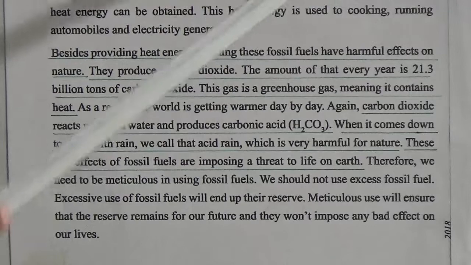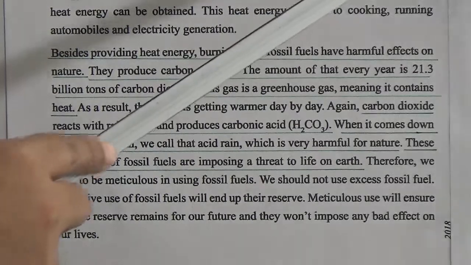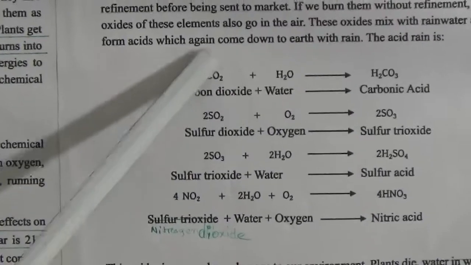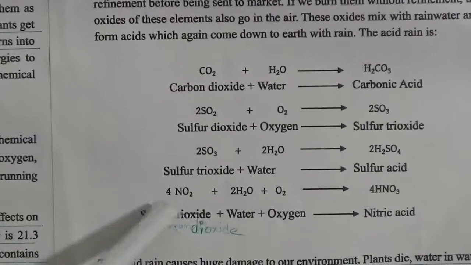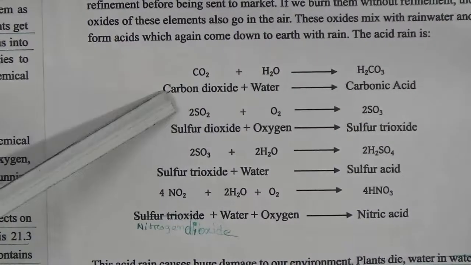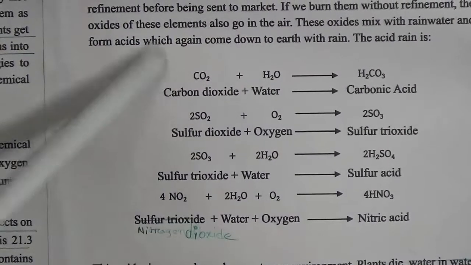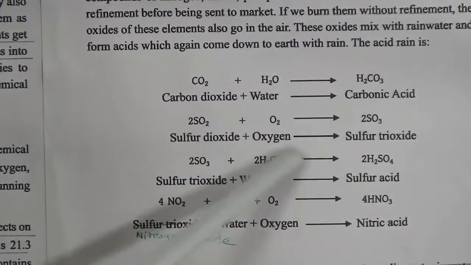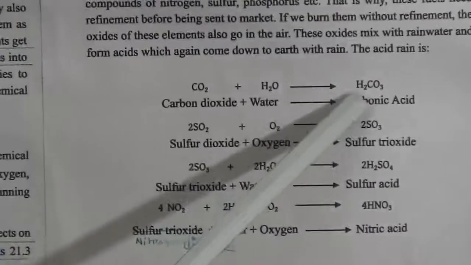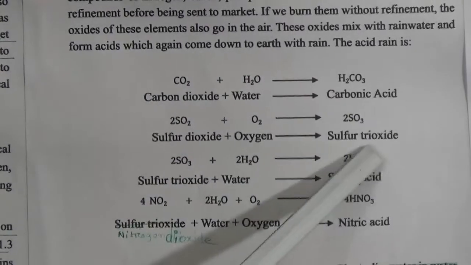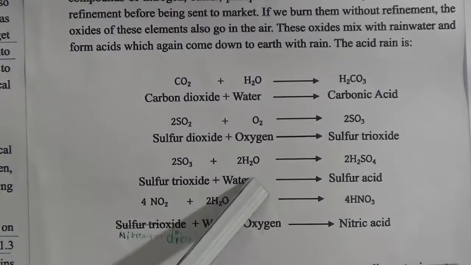Dear students, come to the importance of purity of fuel. When we burn fossil fuel, a lot of harmful gases are produced, like carbon dioxide, sulfur dioxide, sulfur trioxide, nitrogen dioxide. These gases are harmful for nature. They react with the environment, water and oxygen, and produce acids: carbon dioxide and water produce carbonic acid, sulfur dioxide and oxygen produce sulfur trioxide, sulfur trioxide and water produce